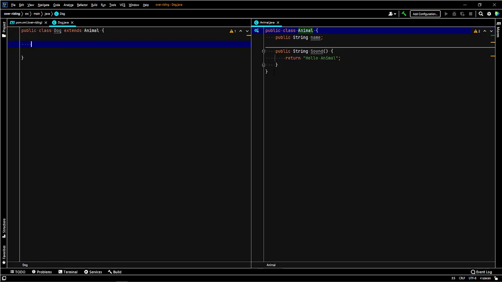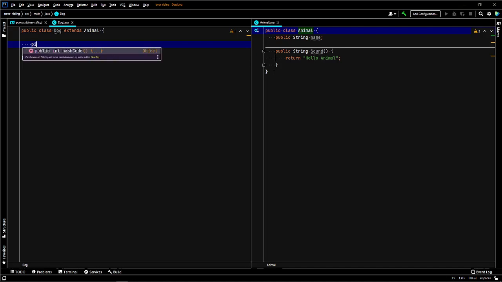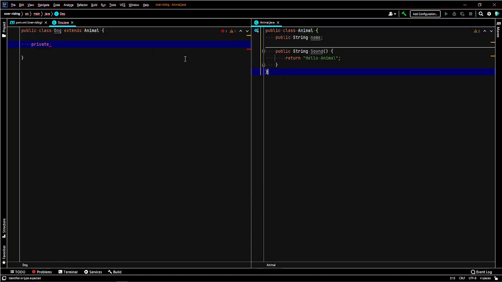We can do private, which is not a broader scope. As we can see here in our rules, you should have a broader scope or the same scope. So if we're going to call it a private String